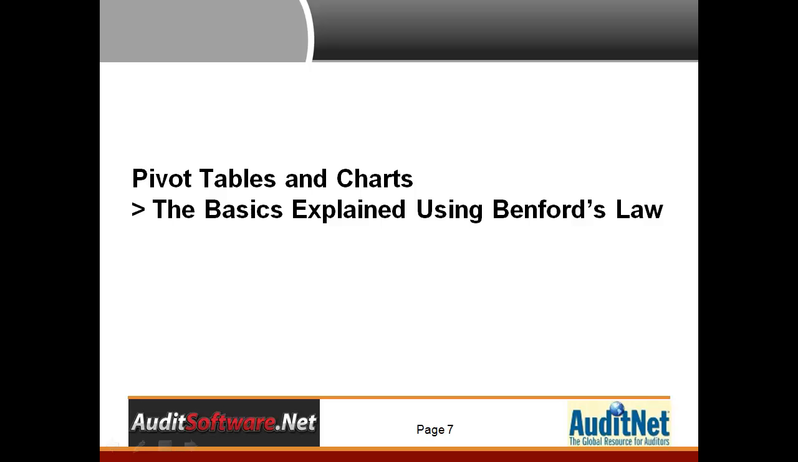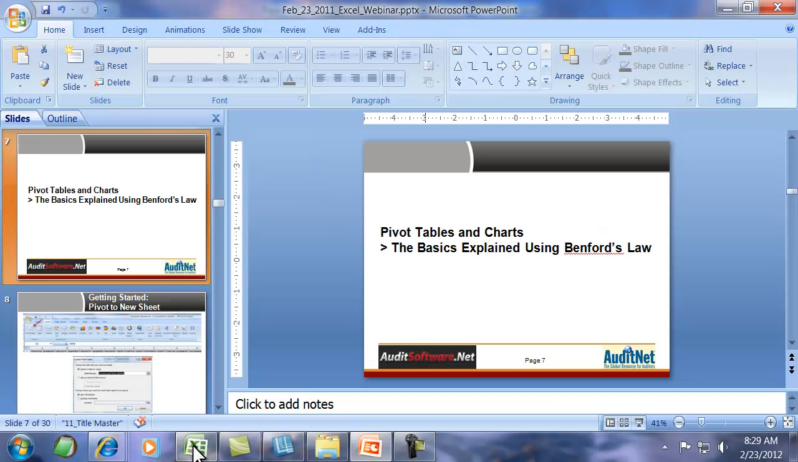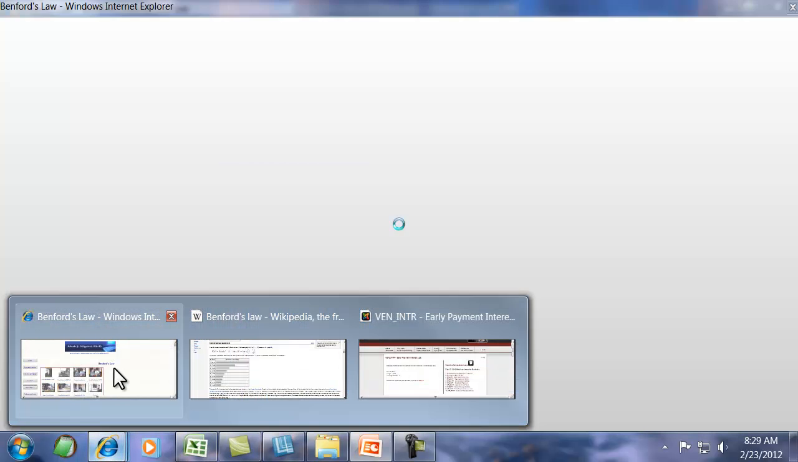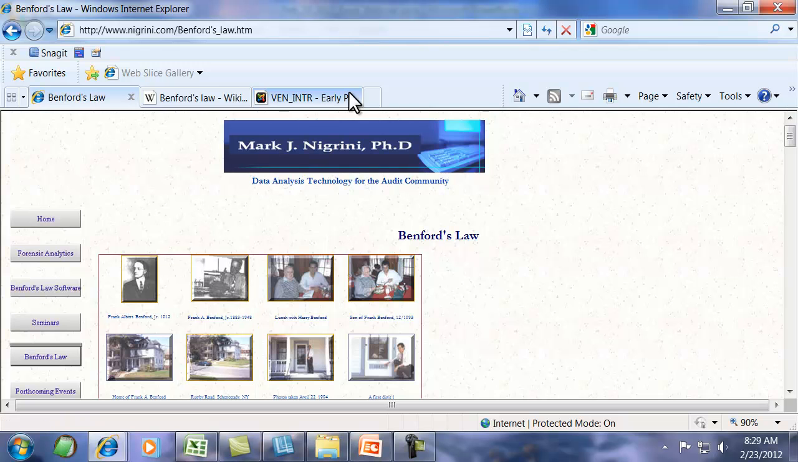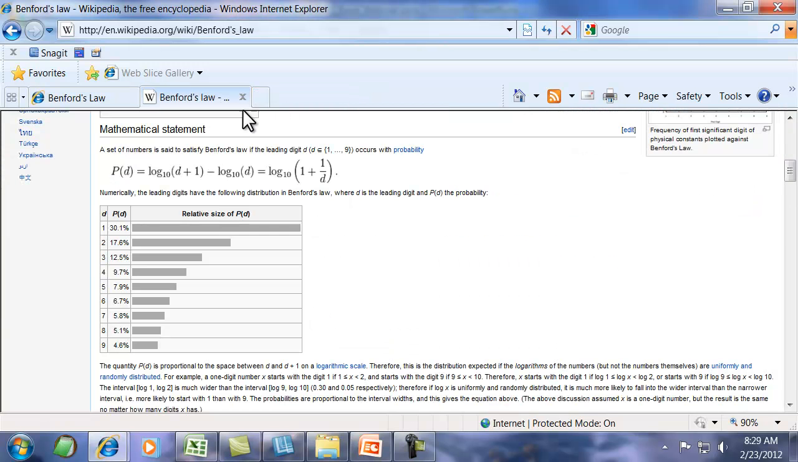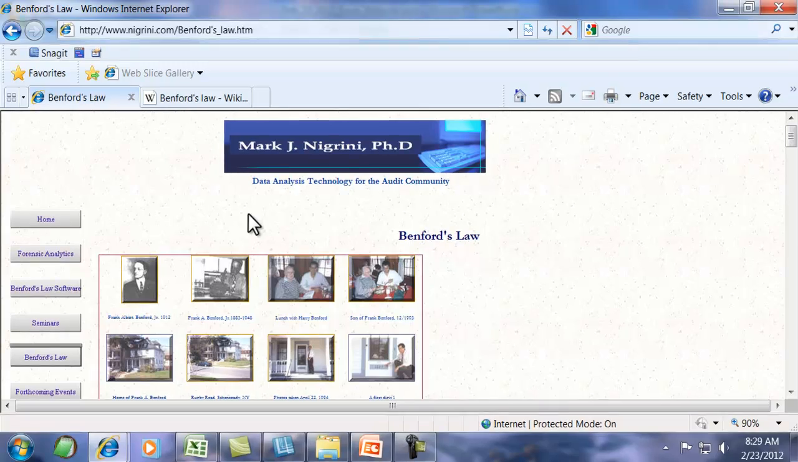In explaining pivot tables and charts, I thought the best way to do that was to use Benford's Law. Benford's Law is a concept that's been around in the audit industry for quite some time. Going out to the web for a second, for those that don't know what it is, I think Mark Nigrini really has the best information on Benford's Law, and this is his website,